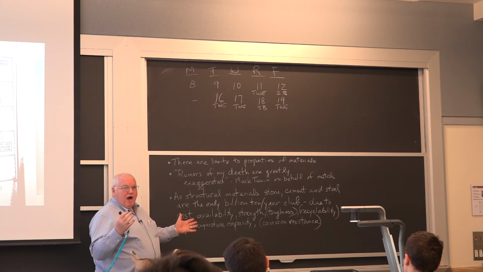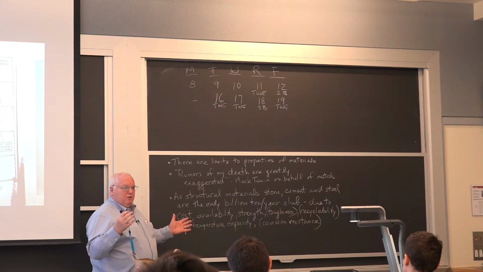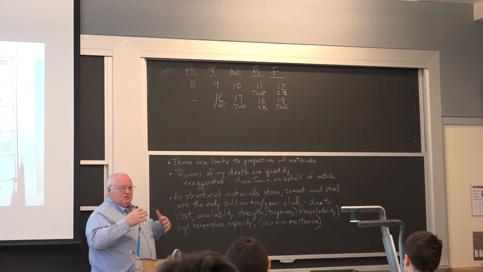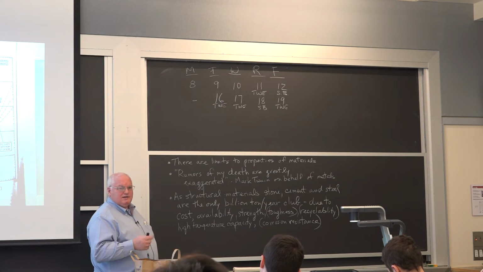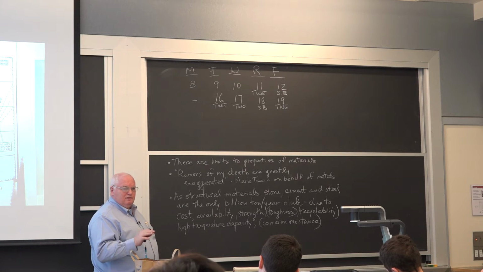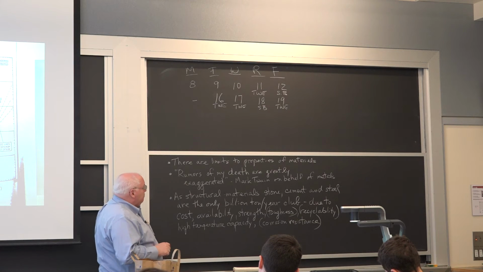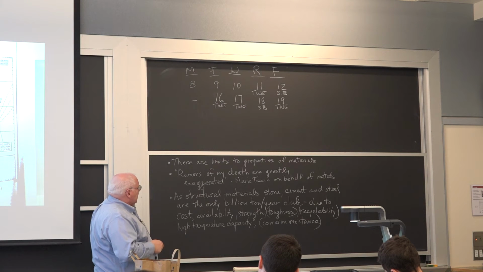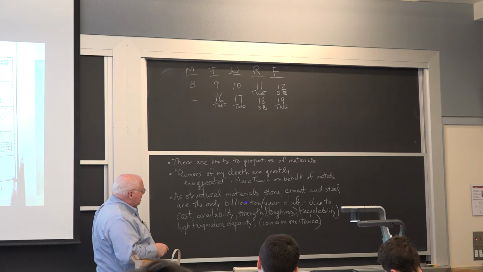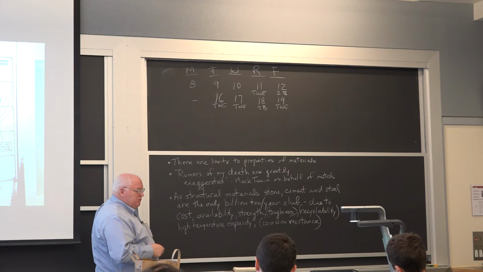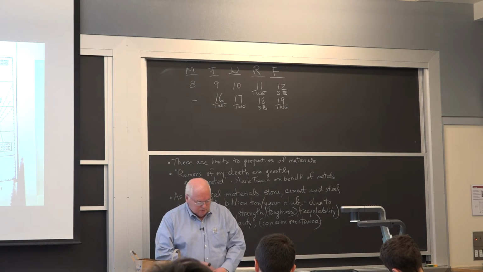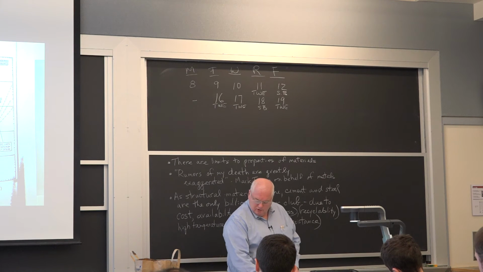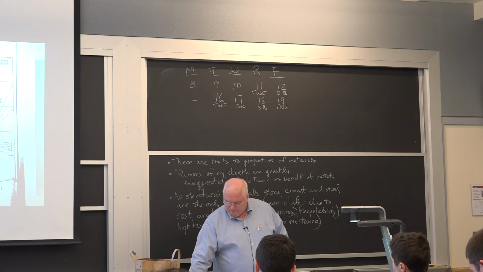I showed you Ashby's plot where he predicted the demise of metals because composites and ceramics were going to take over the world, okay? And plastics. Well, that hasn't happened. And believe me, we're going to talk in this course about why it's not going to happen based on the limits to the properties of the materials. We haven't talked about this, but this is what we're going into today. Stone, cement, and steel are the only members of the billion-ton per year club. I'll show you that in a little bit. We'll get to that today.